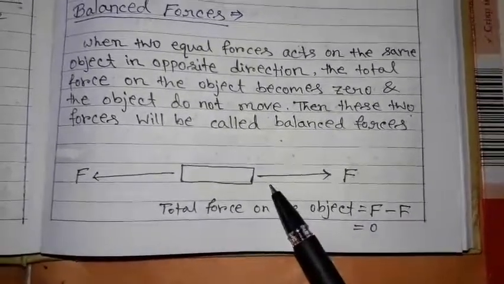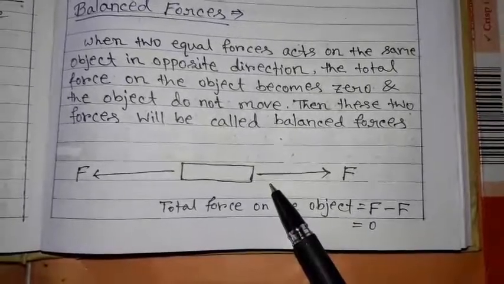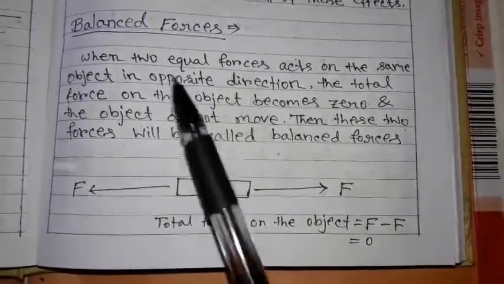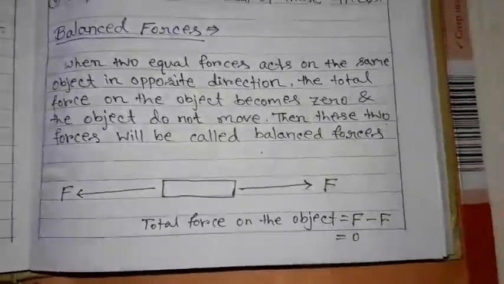So as the total force on the object is 0, the object will not move, and we call these two forces as balanced forces. Next topic,